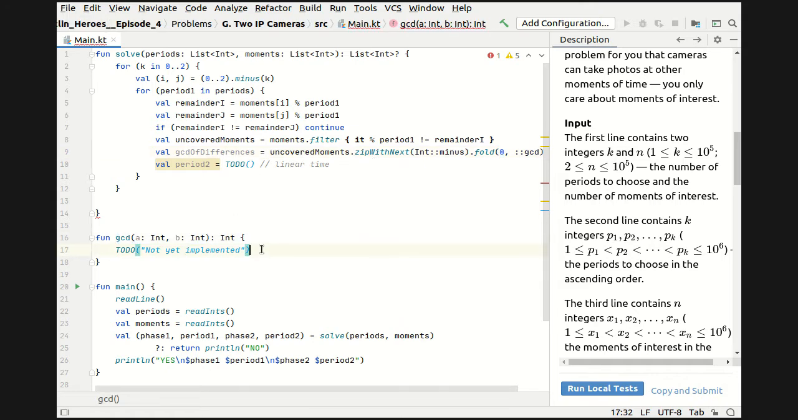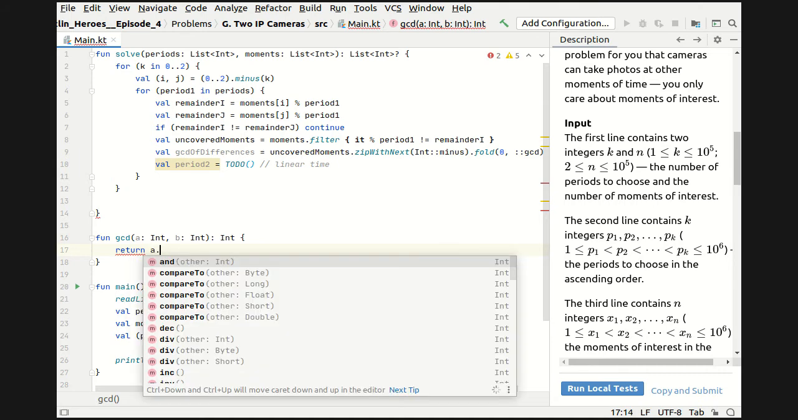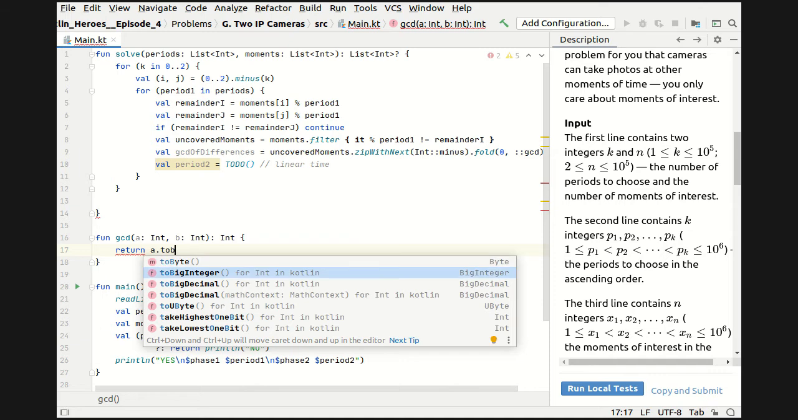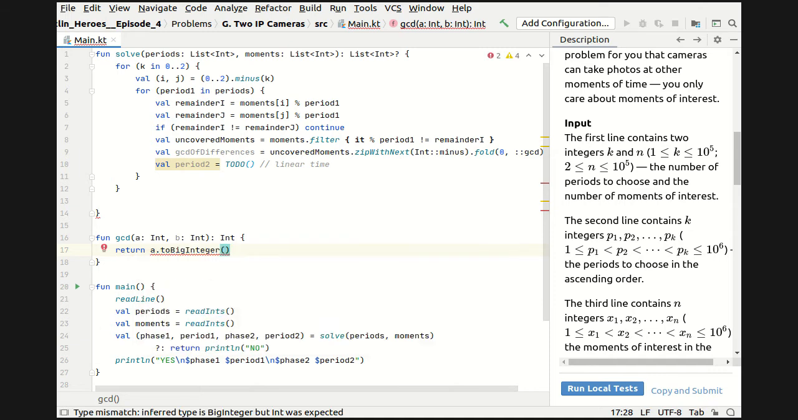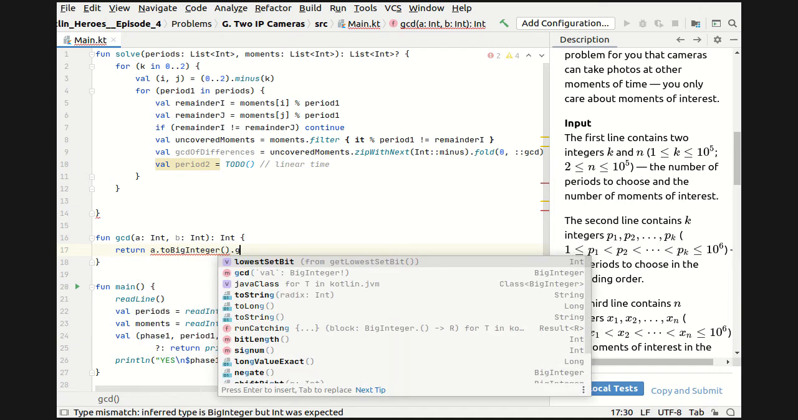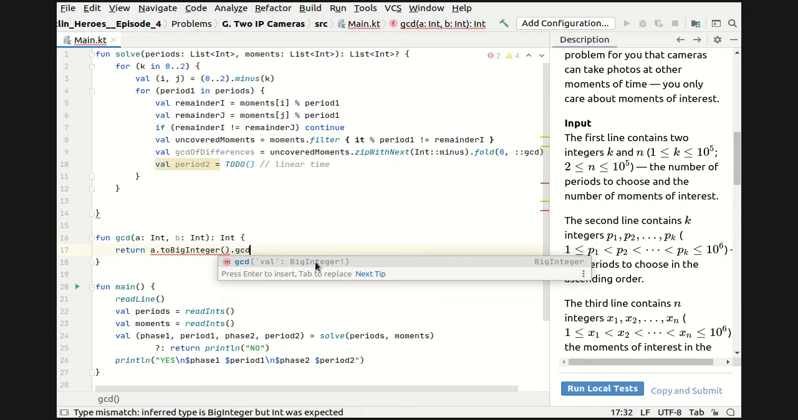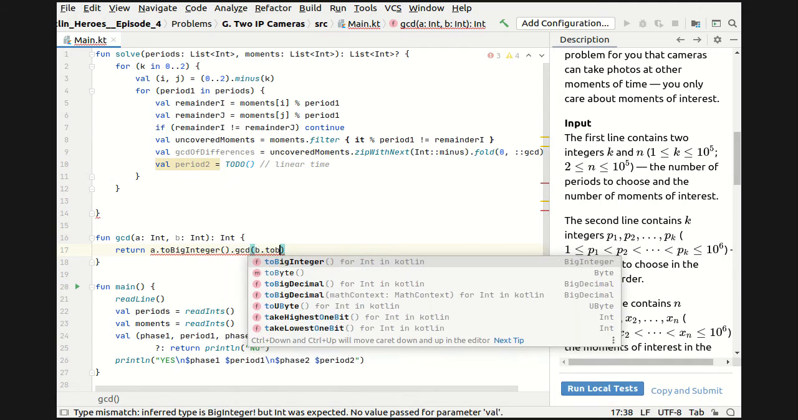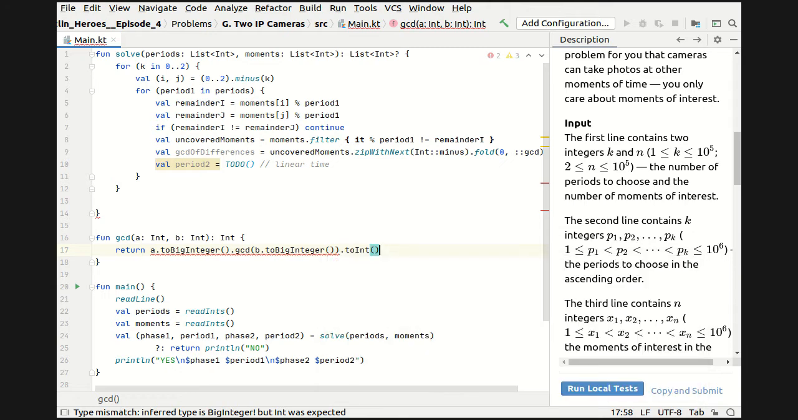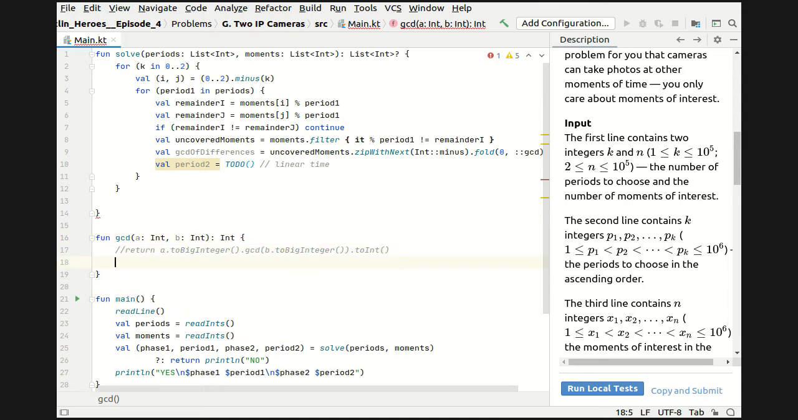Let's implement the GCD function. One of the possibilities is to remember that in Java virtual machine we have a BigInteger class with GCD already implemented. So I can turn a to a BigInteger and calculate the GCD with b as BigInteger and then return to the Int type because I know that the result definitely fits into the Int type. That's possibility number 1. And another possibility is to implement my own recursive GCD implementation,